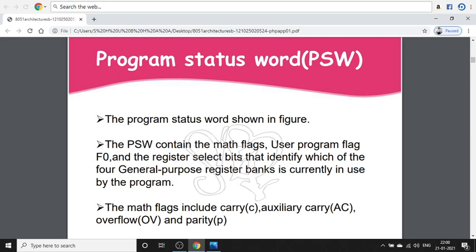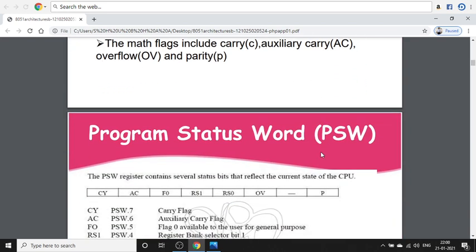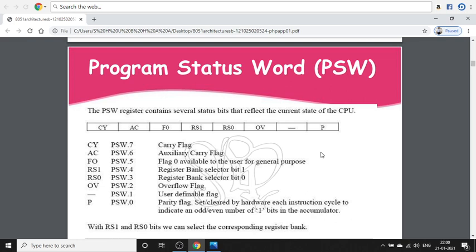The user program flag F0 and the register select bits identify which of the 4 general purpose register banks is currently being used. Then we go to the status of the program status word, which is only 8 bits.